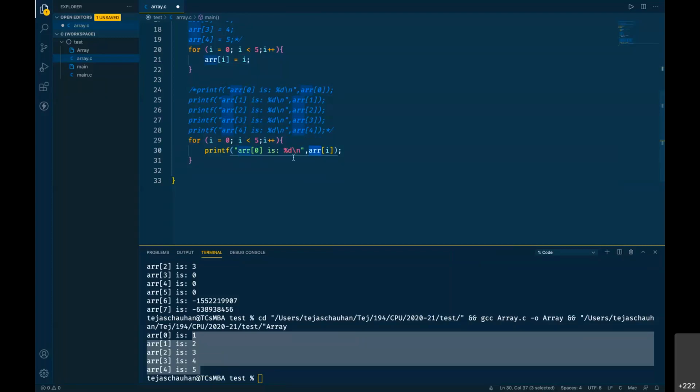Just to make you aware that whenever you are working with an array, go for a loop. Yes, some students are asking, can we use another loop? Yes, you can. Instead of for, you can use a while loop. You can use a do while loop if you want to execute that code at least once, right? Because it is an exit control loop. So it depends. आप while loop भी use कर सकते हो अगर आप while loop से comfortable हो, for loop से comfortable हो, for loop भी use कर सकते हो, doesn't matter.